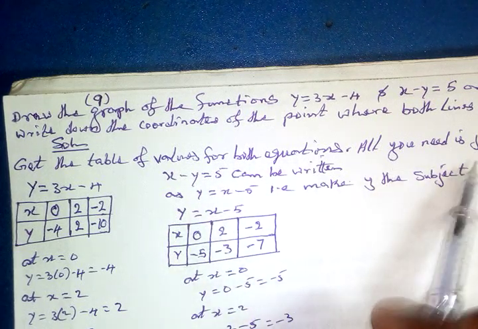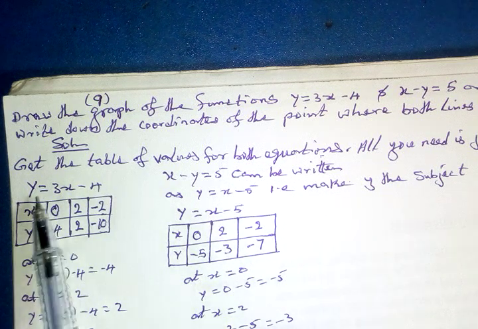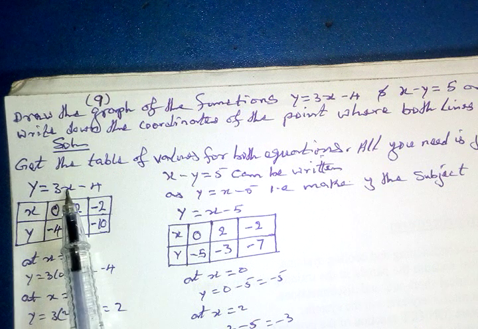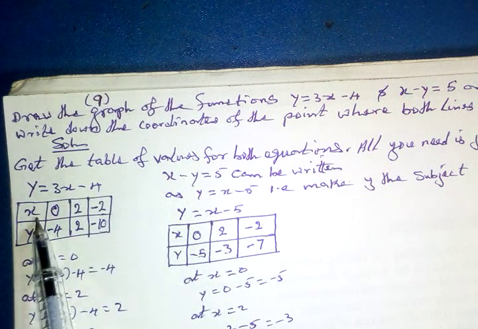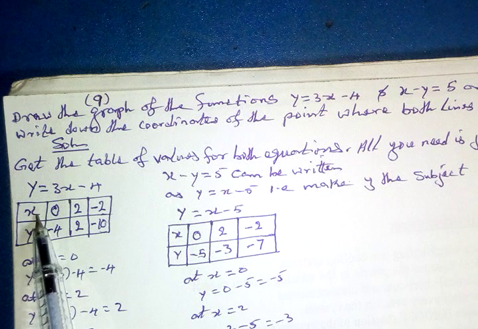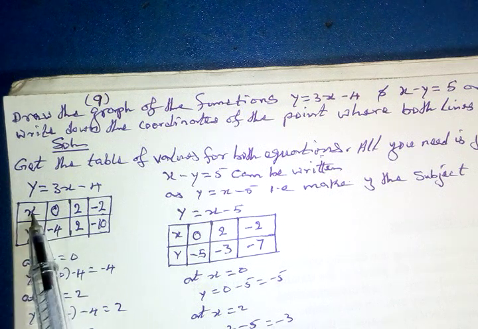All we need is just 3 points from each equation so that we can draw the straight lines. The first equation is y equal to 3x minus 4. I just pick random values of x and get the corresponding values of y. For instance, when x is